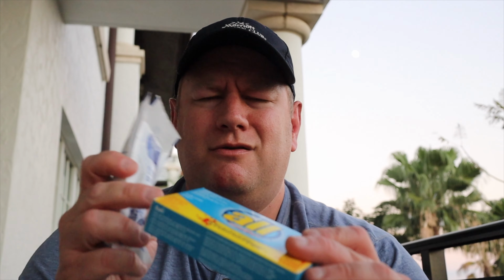So we only use these for washing towels that are in the villa. So bath towels, pool towels. We only use these for that. Sometimes there's liquid, sometimes there's boxes. Don't like the boxes of powder as much because they take up a lot more room. Sometimes you'll find that the boxes just have one of these in it. I open the box, get rid of the box, and just pack this because it takes up a lot less